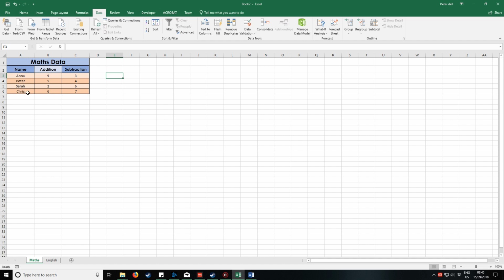Now, that works really well, and that's, to be honest, the way I would do it 99% of the time. But sometimes I'm just in a little bit of a rush, and sometimes I just want to use the preset tools that are already there. So what I'm going to do is I'm going to select, well, now I can leave that how it is. I'm going to come back to home,